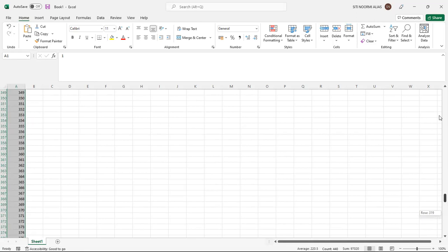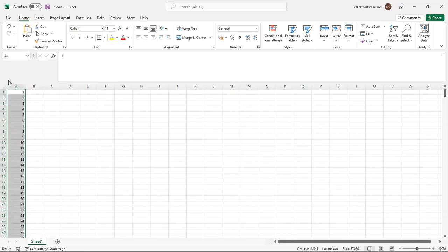Cukup tak 440? Okay. 440. Tapi saya kena tolak satu kot ni. Kejap.